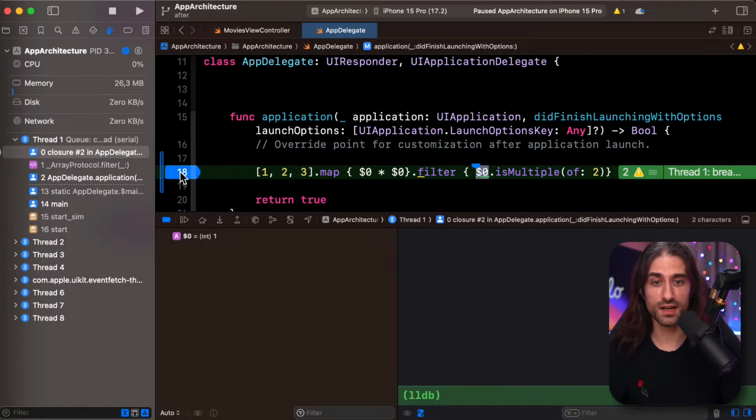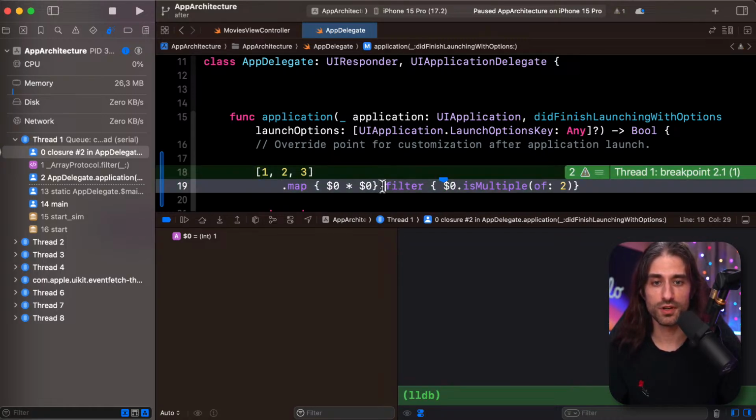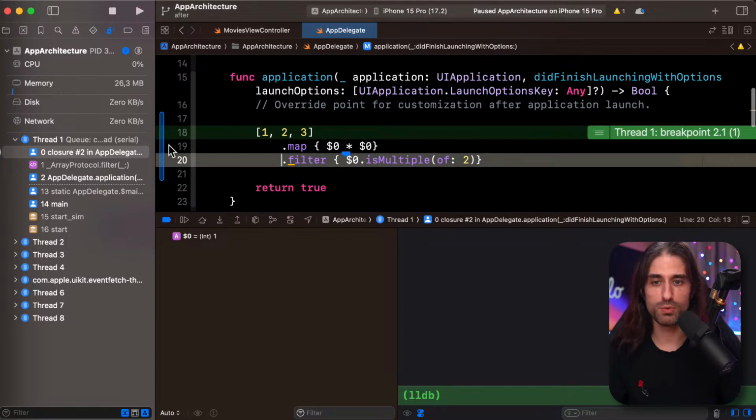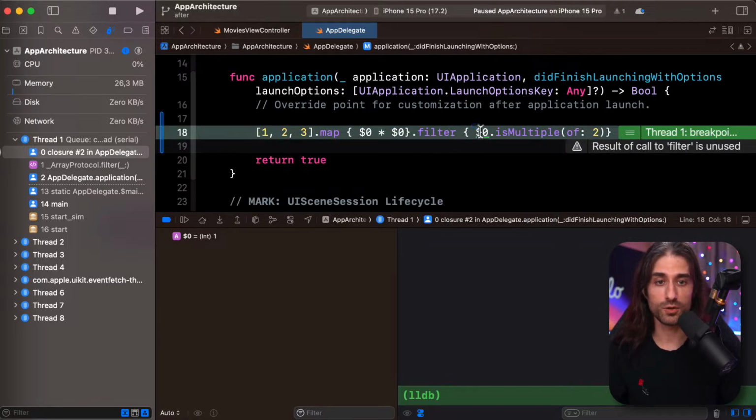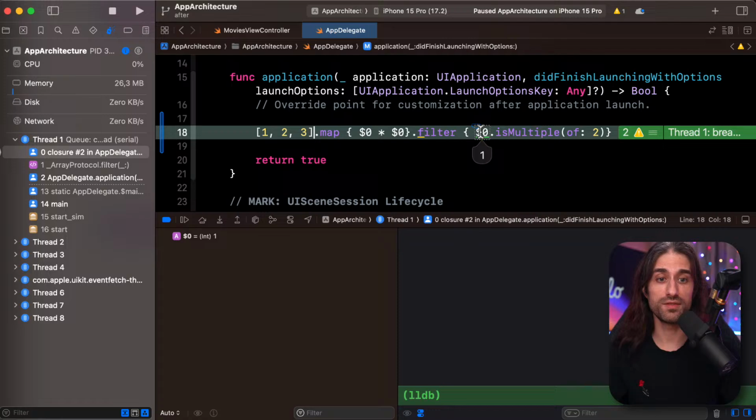If I had put the breakpoint here, it would have triggered when you define the array first. Maybe then when this closure is called, it's not even for sure. So in the past, you would have needed to put each element on a dedicated line to be able to put a breakpoint on it. With the column breakpoint, it's even better because it gets triggered for the specific column. It's also even more useful when your closure is asynchronous, because then you are sure that the breakpoint is triggering when the closure is called and not when it is defined.